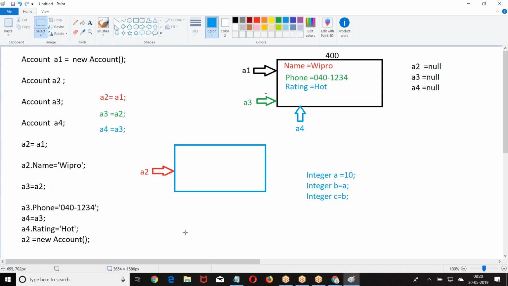Was that clear? Now I am referring to some location. If you reassign another location, I will refer to that location. A equal to 10. If you give me A equal to 20, what will happen? I will refer to 20 now. Then A equal to 30, and from now I start referring to 30.